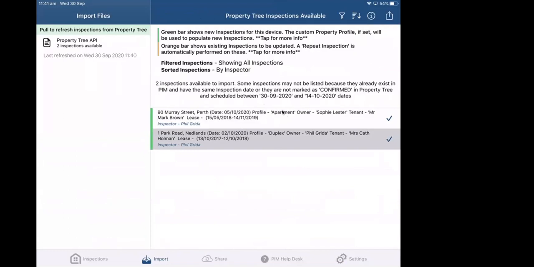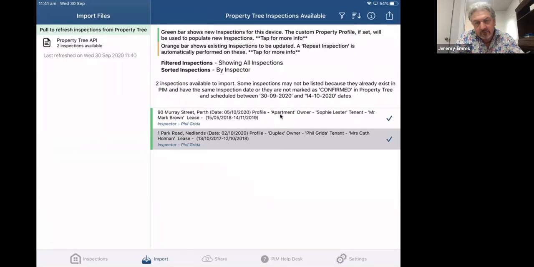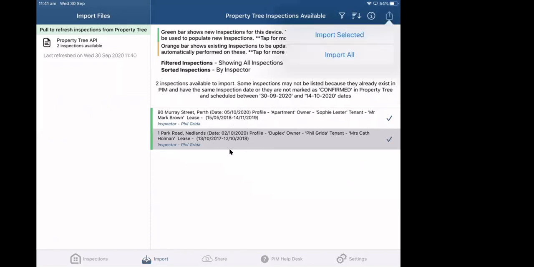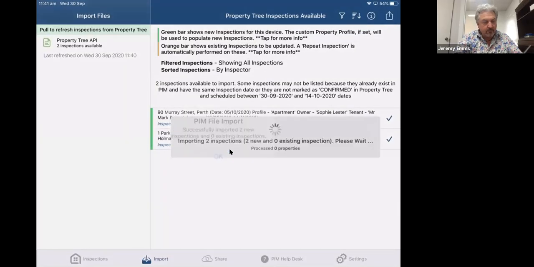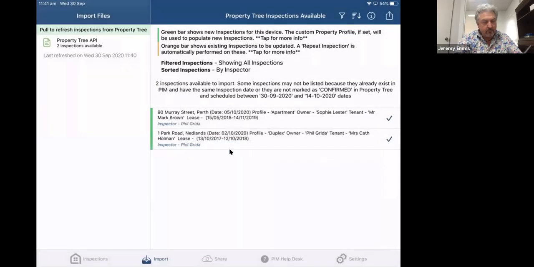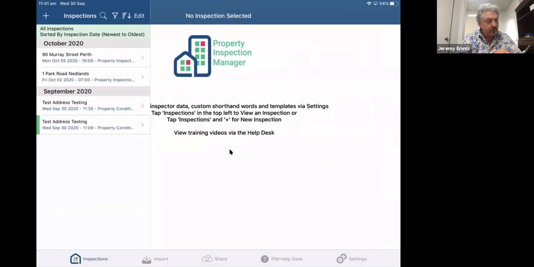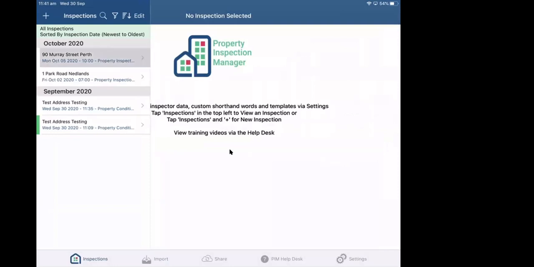And what you can do in Pim is link profiles in your property management system to profiles in Pim, so that when you set up new inspections, it has the right rooms associated with an apartment. I think for this one, it won't be set up at the moment, but I'm just going to bring these in. So I'm going to import selected, continue. Okay, that's come through. So now I've got those 2 inspections ready to go.